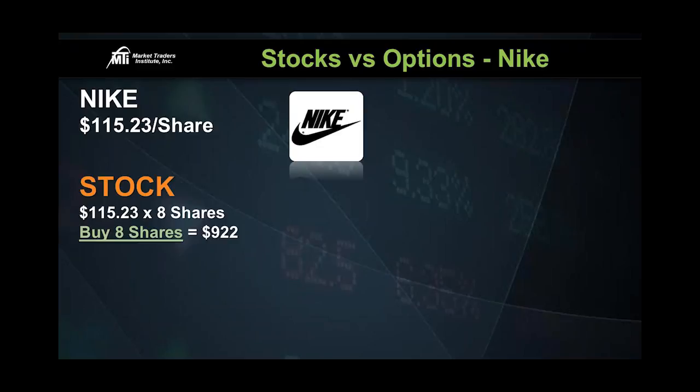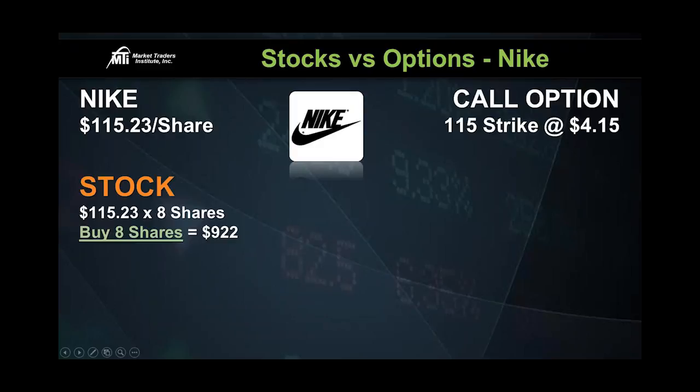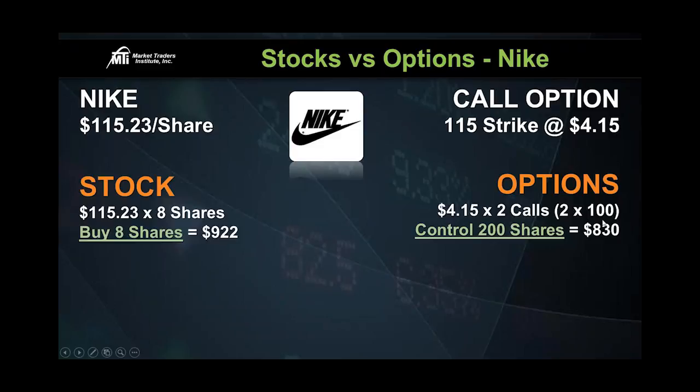Now, this is the thing that frustrates a lot of people. You want to get in on Nike. You know somebody's making serious money off of Nike. You know somebody's making serious money off of Google or Apple or Tesla. But you know it's not the person that only has 8 shares of Nike or 1 or 2 shares of Google or Apple. So here's what we're going to do. Instead of getting left out on that move, when it comes to the call options, we can actually buy 2 call contracts, control 100 shares per contract, so we'd be able to control 200 shares of Nike for $90 less than what it costs us to buy 8 shares of Nike.